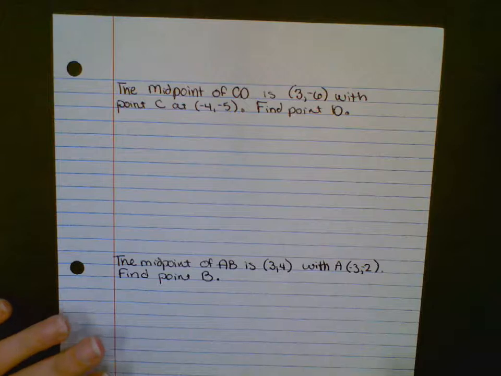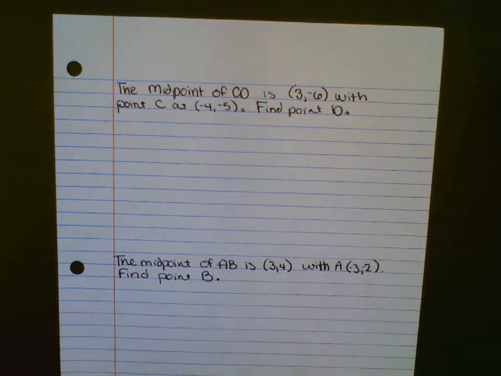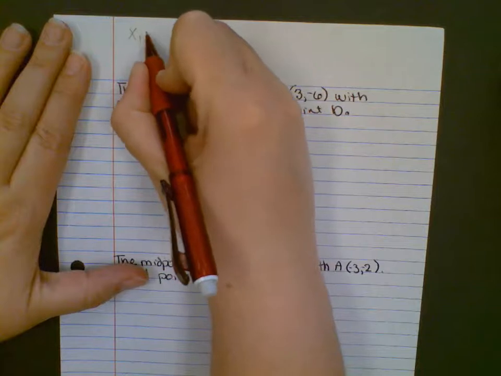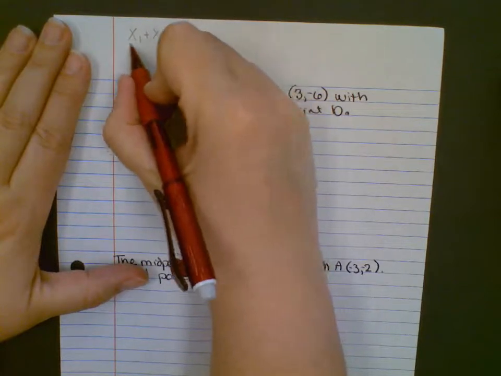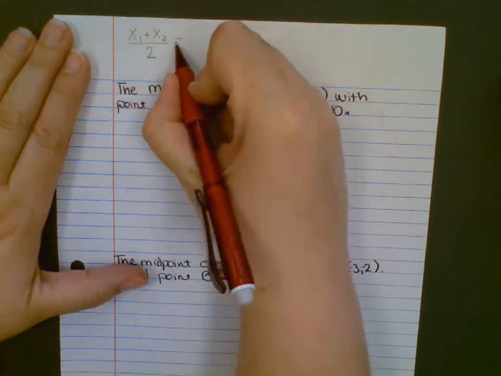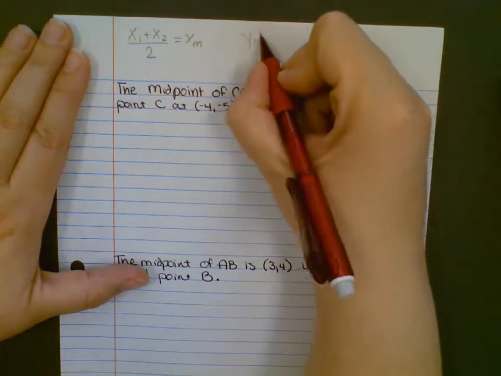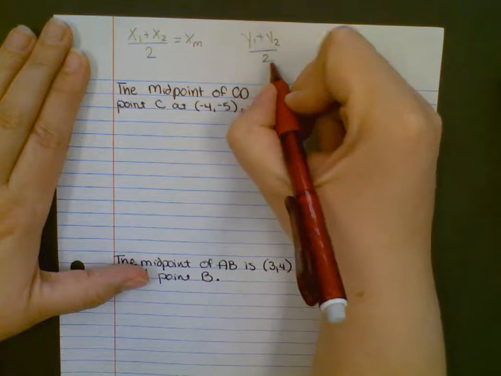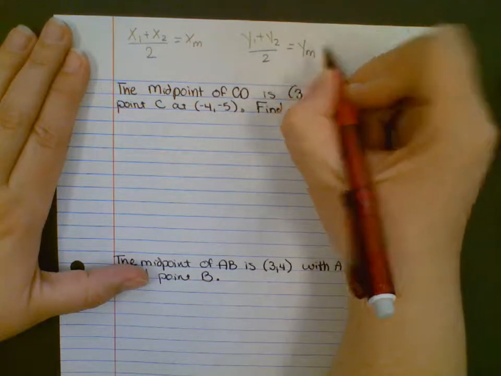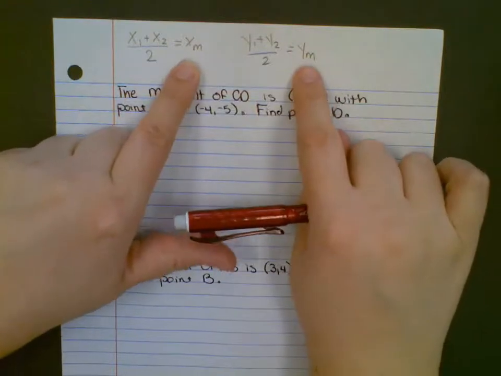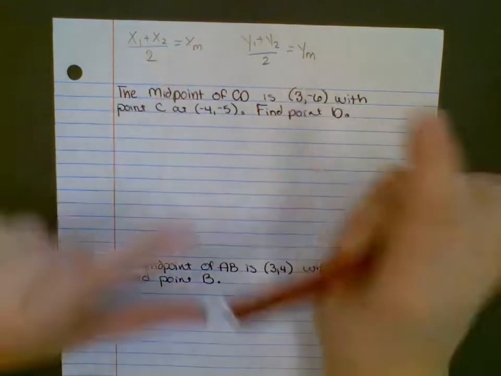If you think about what the midpoint formula is telling you, it says add the x's together, divide by 2, and that'll equal the midpoint of the x coordinate. So we can use that to help us figure it out, because if we add those two x's together and divide by 2, we'll get the x coordinate of the midpoint. And then the same is true for y. So y1 plus y2 over 2 equals the y coordinate of your midpoint. So if we just make it equal to those midpoint numbers and solve for the one that we're missing, then we can